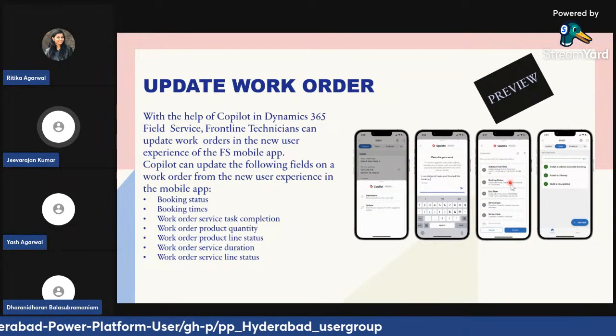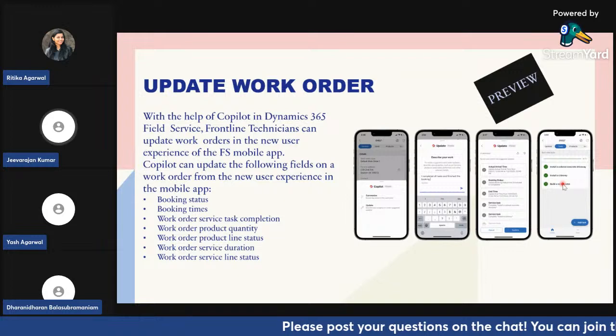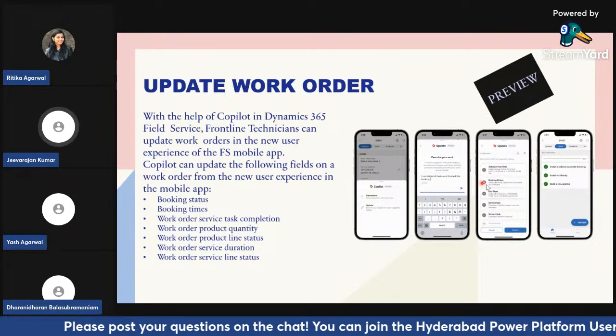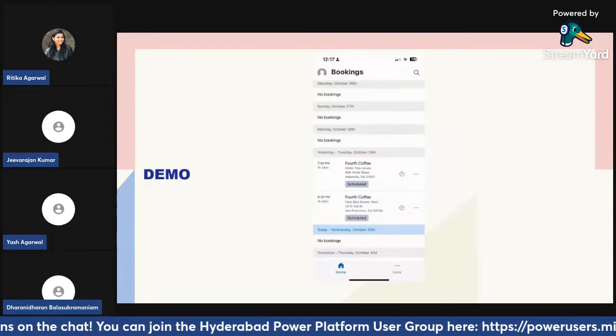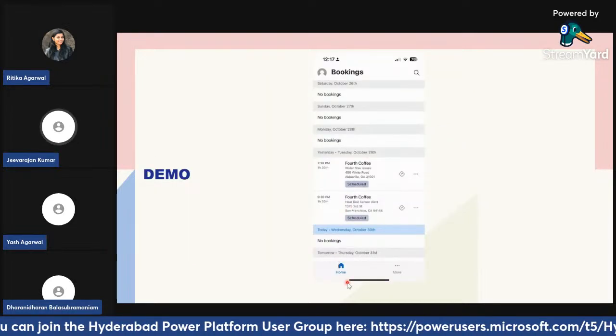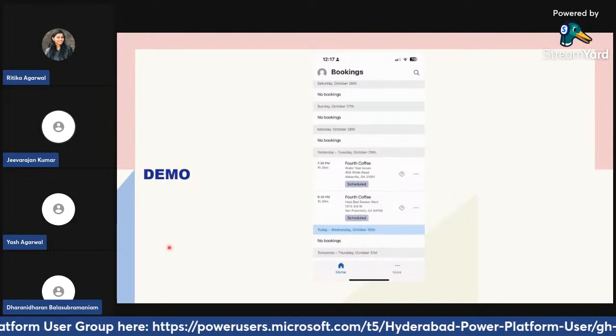Copilot will bring up all the work order tasks associated with that. By default, it will have all of them marked done. But if you want to exclude any of them, you can exclude it, and then you can confirm it. And since you're instructing it to close the booking, it will just close the booking. So that's how easy it is. I have a recorded demo since I have to use my phone to show that. So if you just play this one.